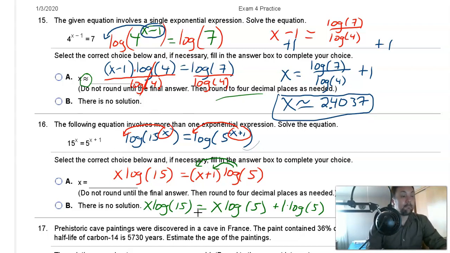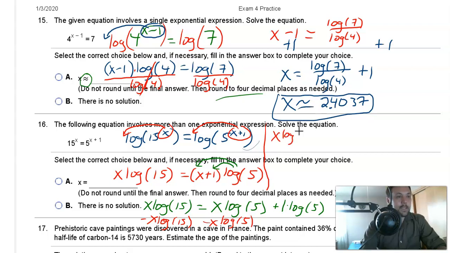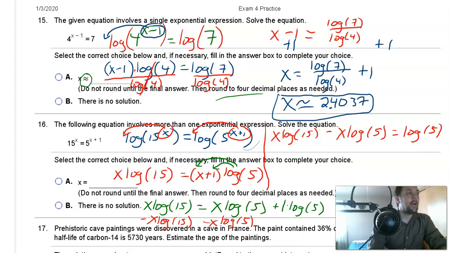All right, the next step is to get your x's together on the same side of the equation. So I'm going to subtract this x log base 10 of 5 to the other side of the equation, and leave this one over here by itself. So we'll have, I'm going to continue up here. Hopefully this is not going to get too messy. We'll have x times log base 10 of 15, that was already here, minus x log base 10 of 5 equals 1 times log base 10 of 5, which is just going to be log base 10 of 5, right? The 1 doesn't need to be written anymore. And then